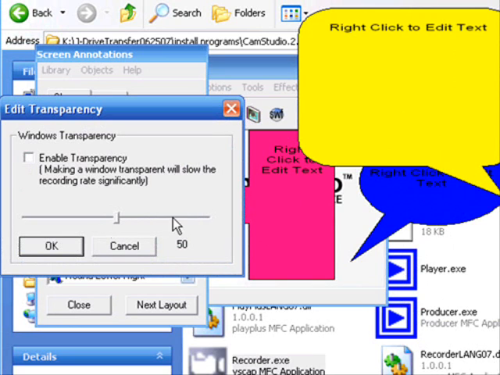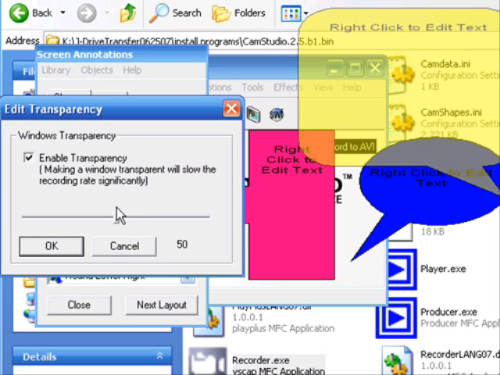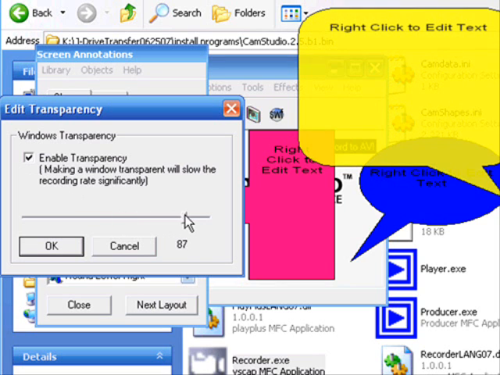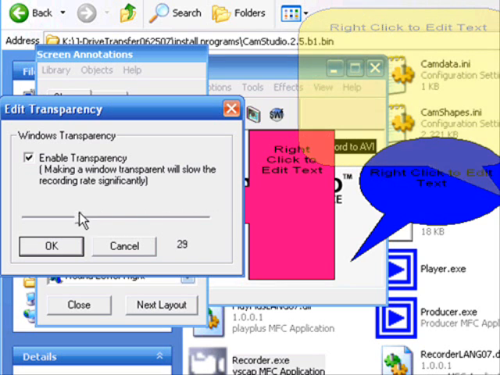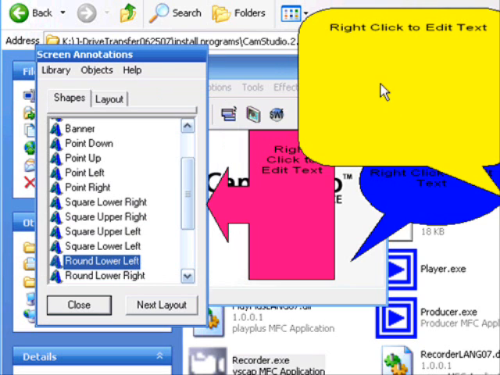You can make it, come on, got to tick that first. As you can see all the way through it, or solid, or almost invisible. Okay, now we've got these three here. What we can do is,